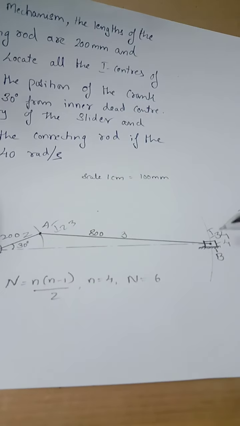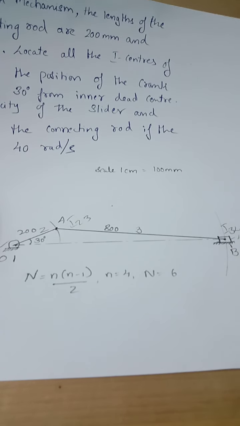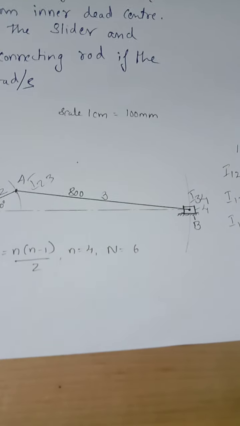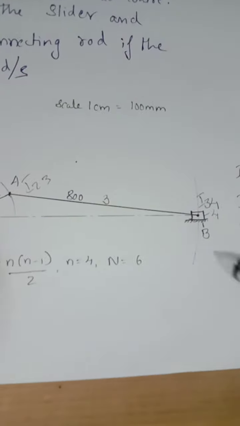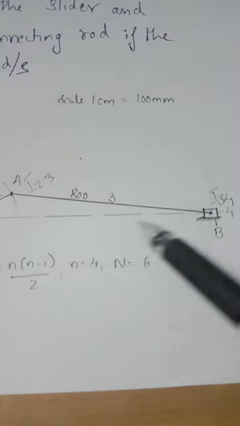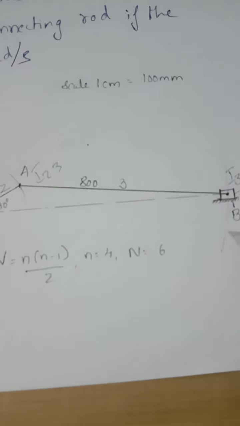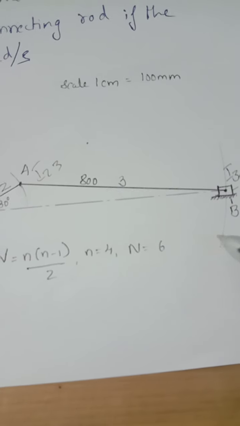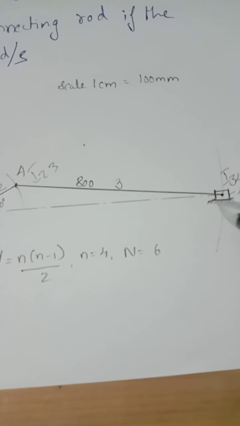So link number 1 is there, and you carefully observe link number 4. This link number 4, what type of motion is it having? It is having a horizontal motion. It can only have horizontal motion. As the line of stroke of the slider is horizontal,